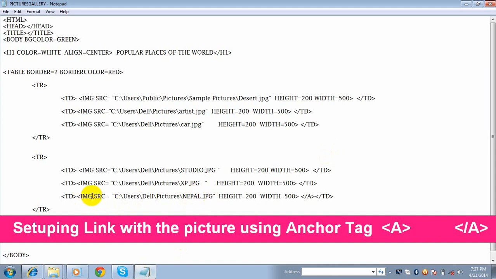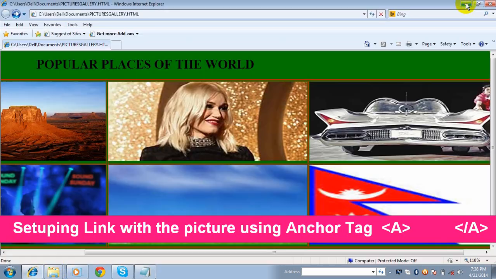Inside this image source, like nepal.jpg, inside this tag, let's type an anchor tag, like href equal to. Now specify the file or location that you want to open when someone clicks on the Nepali flag or nepal.jpg picture. Now go to the file where you have saved the web file.